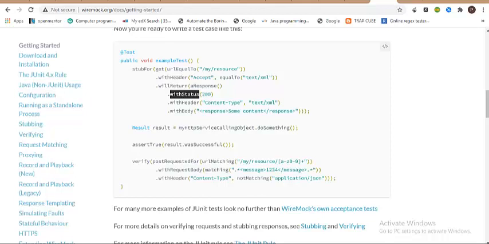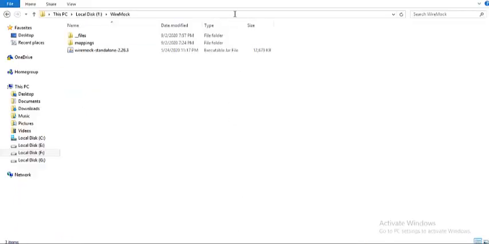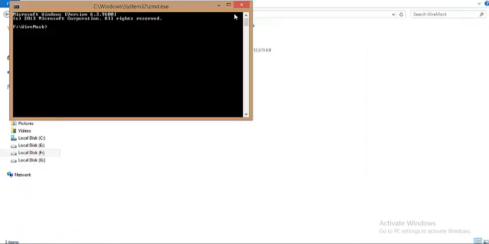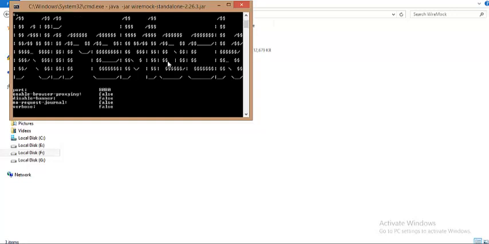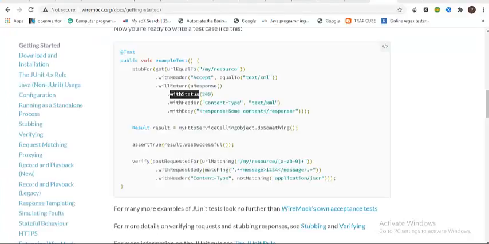So before we actually get into the testing part, let me start the WireMock server. We already know that the standalone server is already downloaded to our local machine. So let me start it. This is a prerequisite, guys. Without starting this server, you will not be able to create a stub. It says connection refused, or host cannot be connected, some socket exception we are going to see. So now the WireMock server is started and it is running successfully on port 8080.